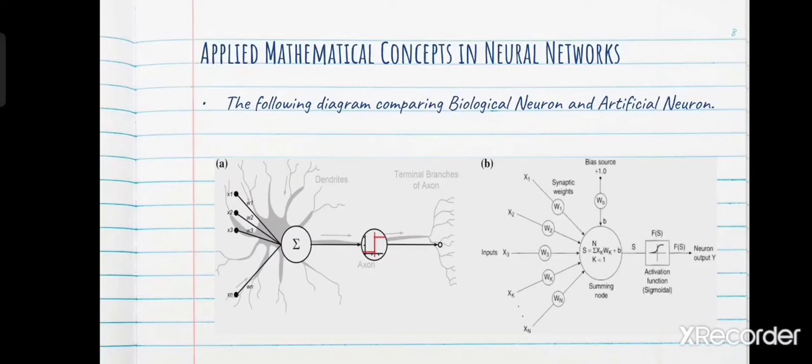So we have seen the dendrites as x1, x2, x3. It's the same as the synaptic weights, that is w1, w2, and the next will be the sum, that is the nucleus, the summing node, and next will be the activation function, and finally the output. This is how an artificial neural network works, comparative to a biological neuron network. So let's see more about neural networks in AI.